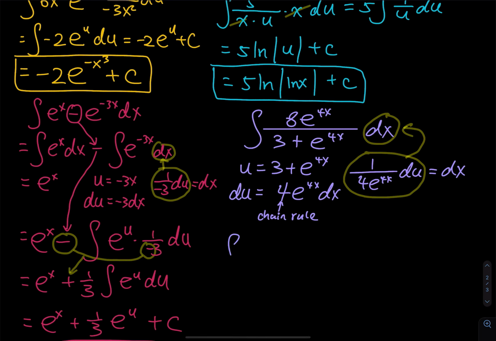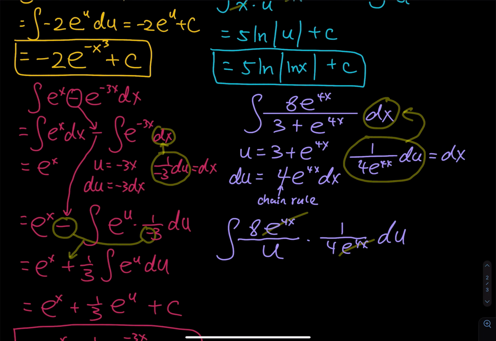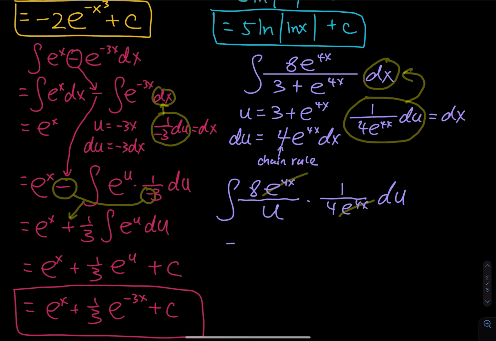All right, then we have 4e to the 4x, the entire denominator is u, and then 1 divided by 4 e to the 4x, and then du, and we can see a beautiful cancellation, e to the 4x, and then the 4 divided by 4 is equal to 1. So we have a 1, right? So we have the integral of 1 over u du. This is an ln, right? So this is ln absolute value of u plus c,